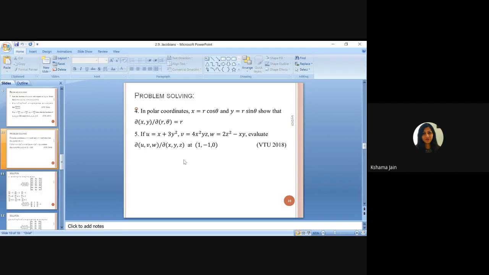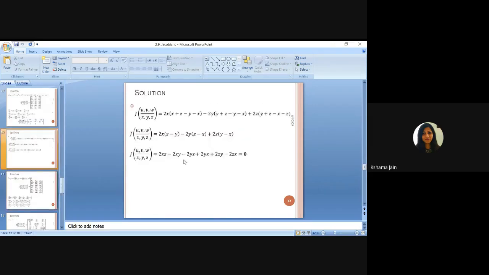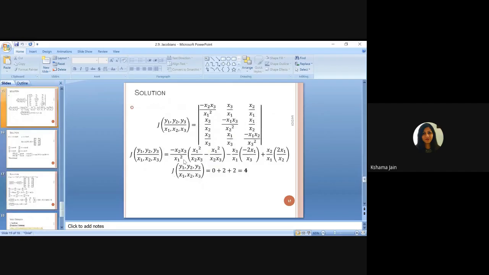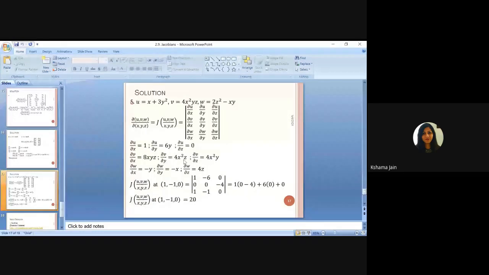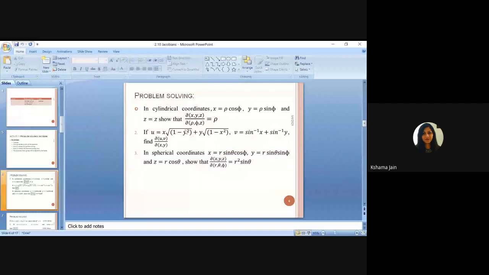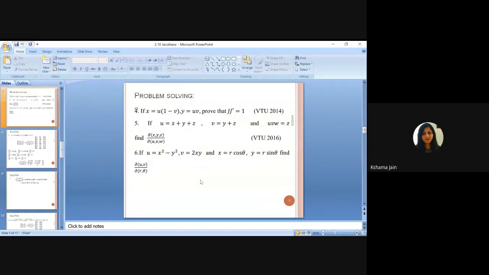So these are the very small simple questions of Jacobians. These all are very small questions. I see some different. Okay. Same only. This is also same. I think in the next slide I am having the different questions. Let me see. Yeah. Here, this is also u and v. Like this. No, no, sorry. This is also a very simple question.